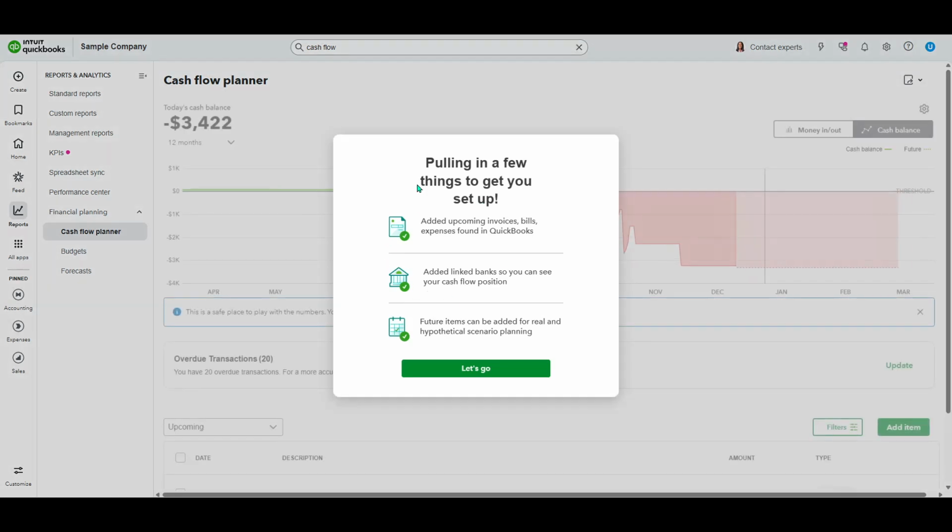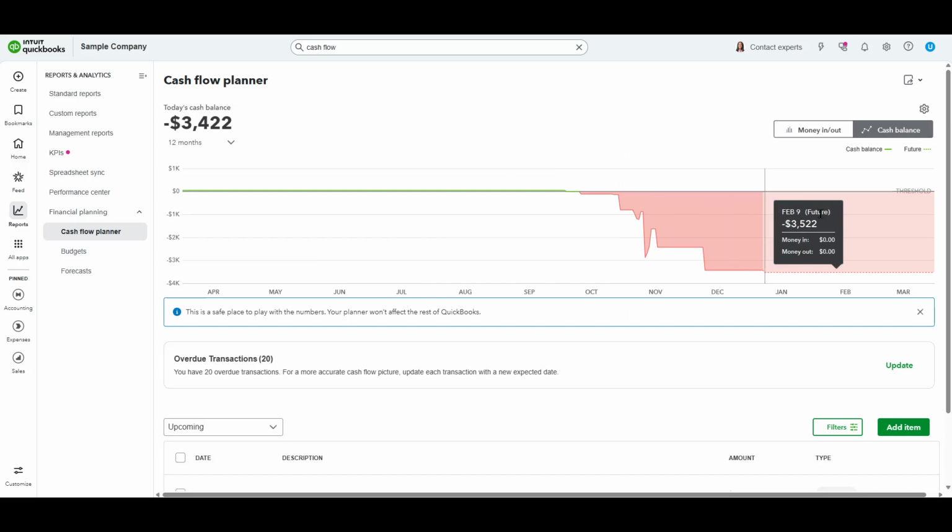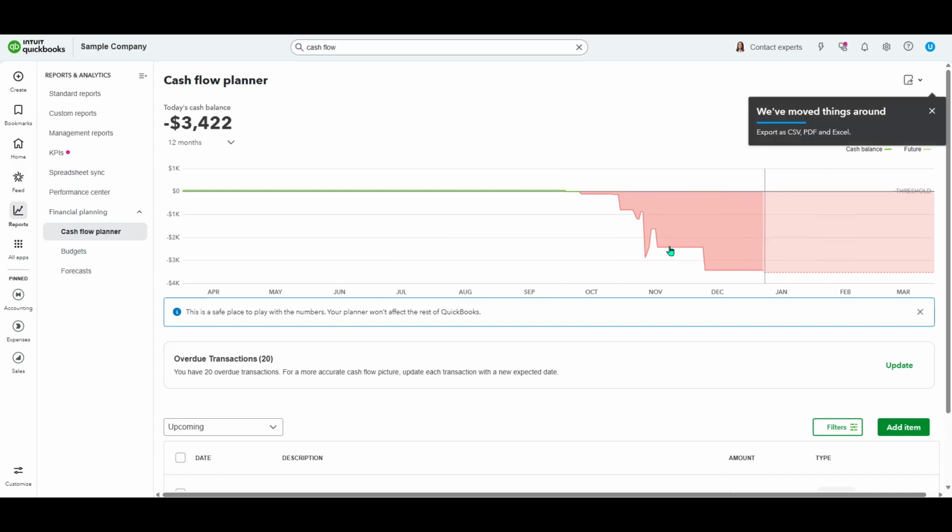Once the planner opens, you'll see a historical view of your cash flow. This is a visual snapshot of how money has moved through your connected bank accounts over time. It's designed to help you quickly spot trends, like months where more cash left than came in, so you can